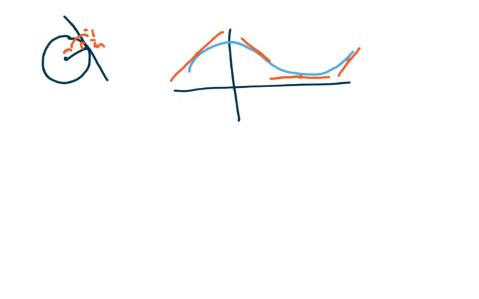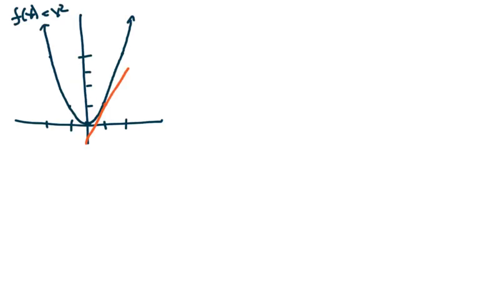But you can see that this particular curve could have an infinite amount of tangents as you go along its curve here. And what we're going to do is find what the slopes of these are and what the equations of these lines are going to be. So you can see it's going to get a little bit more difficult. And to lead you into what we're going to be doing, here, for example, f of x is equal